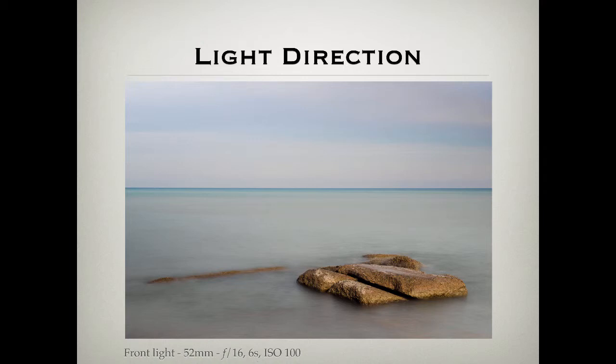So here's a simple example of a front lit scene. You can see that the light is falling over my shoulder. I'm looking at the subject. It's lighting the front of the subject, which is those concrete slabs. And just as a compositional element here, I used a neutral density filter. You can see it's a 6-second exposure time, and I was trying to, again, smooth out the sky and the clouds